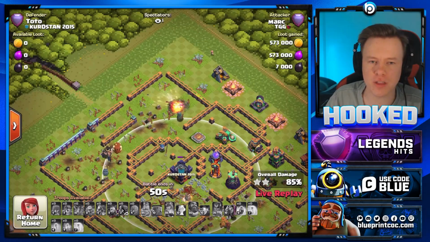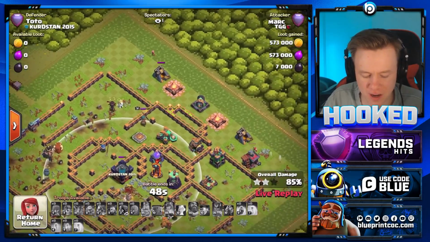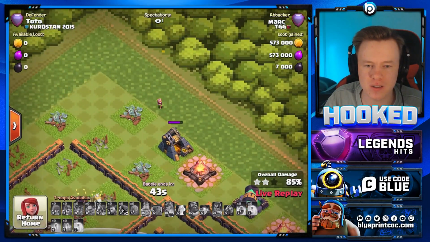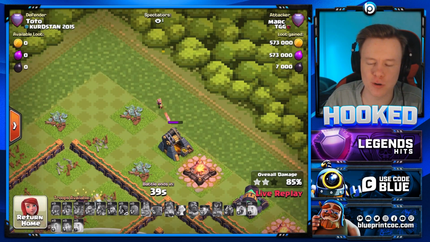Okay. There are a lot of things I want to do in life. But one thing I never want to do in my life is watch an archer beat on a gold mine for 40 seconds. So we're just going to assume that the archer doesn't take it down. Or should we turn this into...